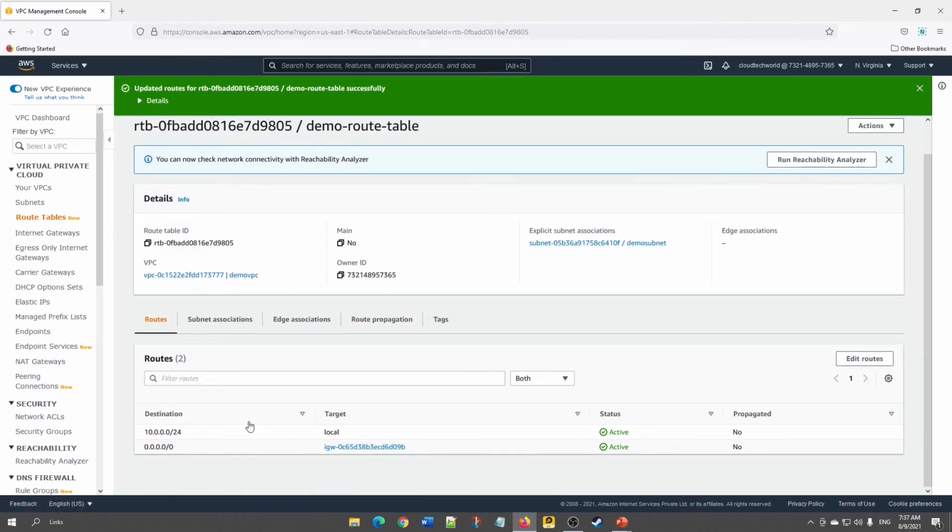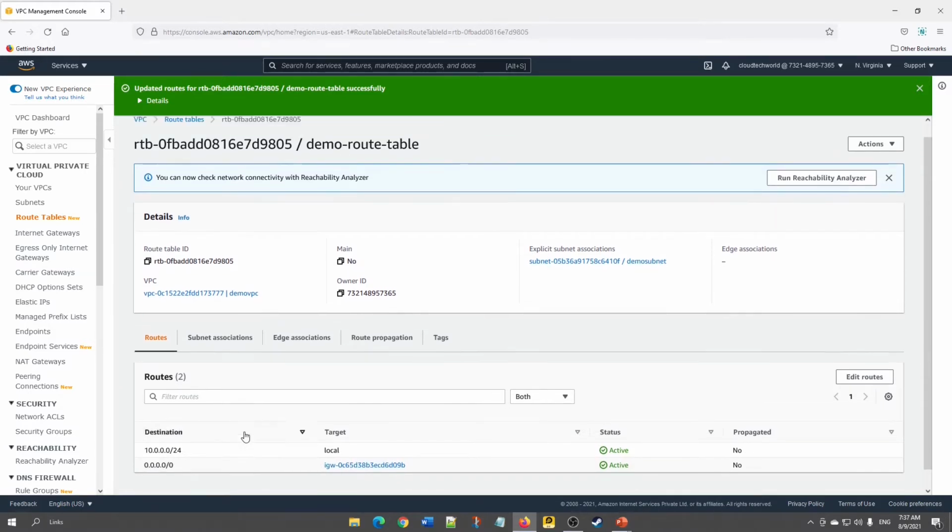So the route table has to have an internet gateway, otherwise it won't be able to connect from the outside world. The address which is populated is the VPC CIDR range, so that any subnets created inside the VPC will automatically be able to communicate. We won't be able to delete the first value. We can only change the internet gateway or any other things which we add after this. So now let's go to